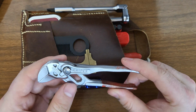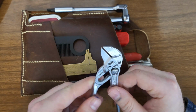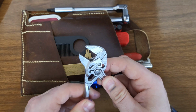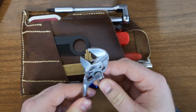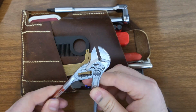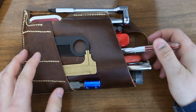Actually, I should say they're moderately different from the Cobras because they have parallel opening jaws. What this is really good for is any nuts or bolts, because it's not going to damage the nut or bolt while you're taking it off. Basically, I'd use this as an adjustable wrench. Anyways, next up,